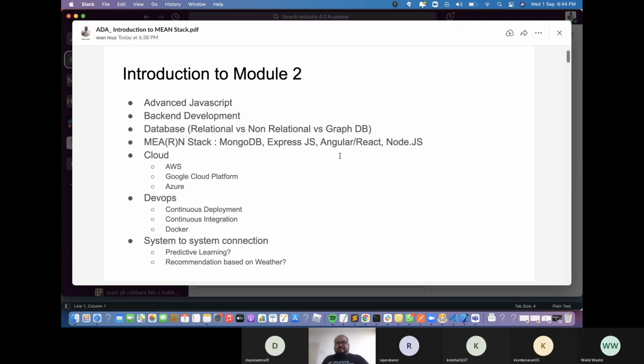JavaScript, we have, say, 3 weeks, I think. JavaScript module 1: part 1, part 2, part 3. Part 1 is the for loop, if else, data type. Part 2 is where you see object oriented and array. Part 3 is your DOM manipulation, right? So that's 3 parts on week 1, but you have another part here which is called advanced JavaScript, where we